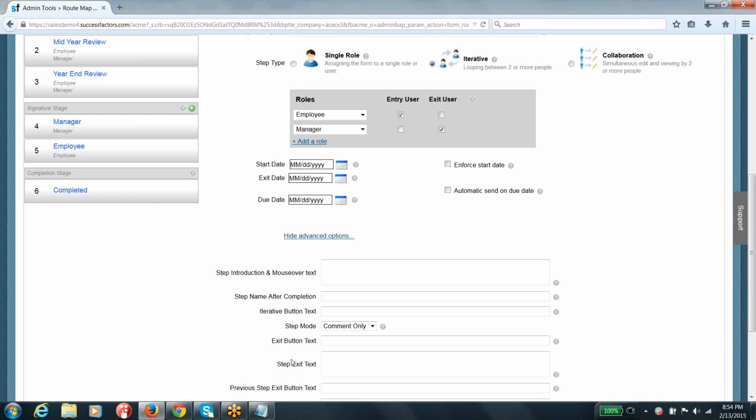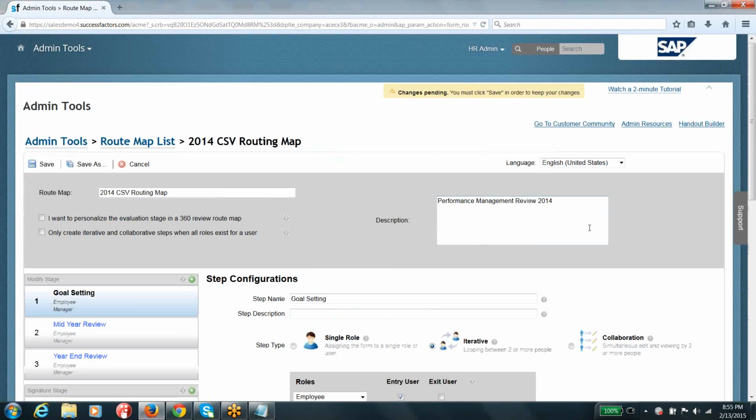So this is where you are going to keep all the labeling, and you can go ahead and give it a try, guys. Go to that particular form, launch it, and see where that text is coming from, and how it helps with usability for the users. You are providing more information to the user with the kind of labels that you are interested in, rather than going with the standard labels provided by SuccessFactors.